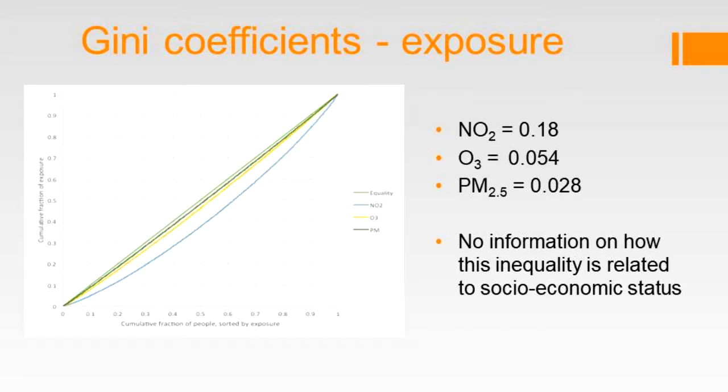First, we looked at just the inequality in exposure to the 3 different pollutants. So you can see here that there's inequality across all of the pollutants in varying amounts. The most inequality seen is for NO2, and then ozone, and then PM 2.5. But this graph isn't giving any information about how this is related to socioeconomic status. This is just giving information about the inequality of exposure across the domain. And so in the next slide,